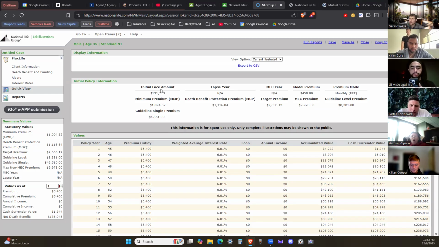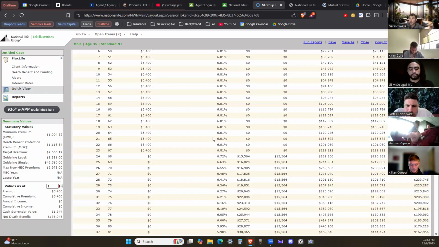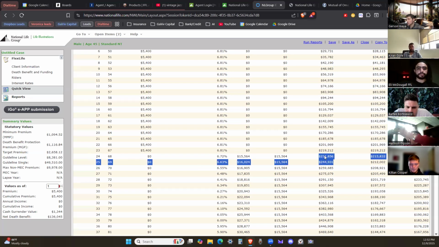So it will offset. You can see the initial face amount went from 80 something to 130 something, went up by an extra $50,000, which means obviously the cost of insurance goes up here, but the MEC premium goes up as well. So they can put more money into the policy. And let's say they never ended up putting any more money in, they only did the 450. The difference between the cash value here is about $15,000 to $20,000 at the end of the day. But that's also about a 10% difference.